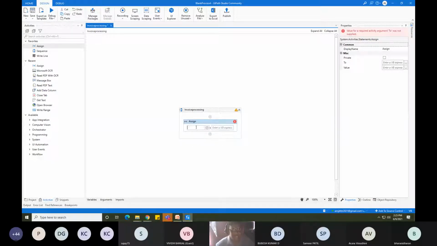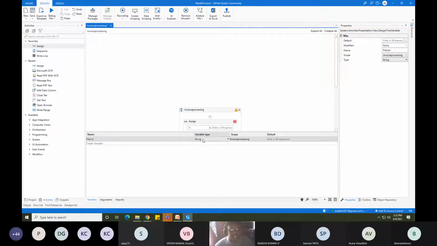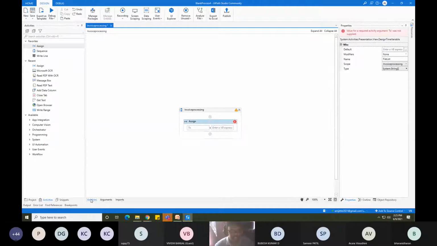say for example, I'll be creating a variable here. So the variable is say file list, right? And the variable type is say array of string, right? File list, an array of string. So let me create this file list. Okay. And